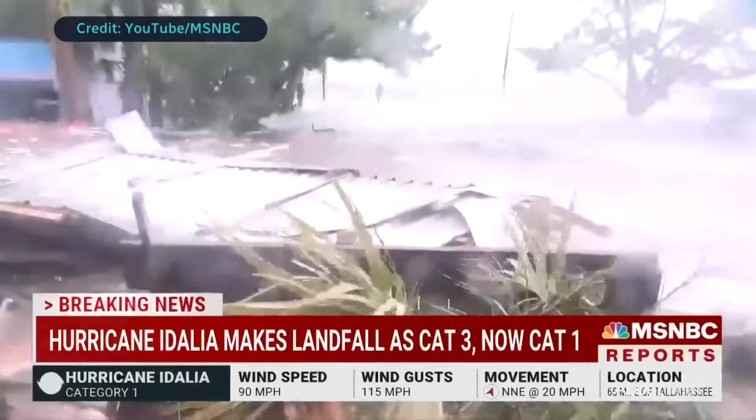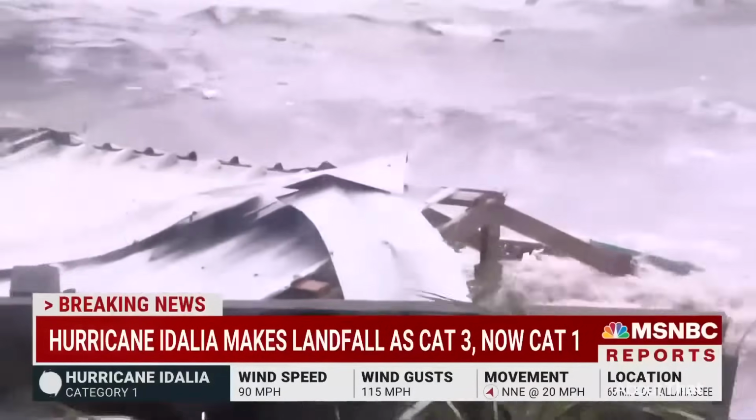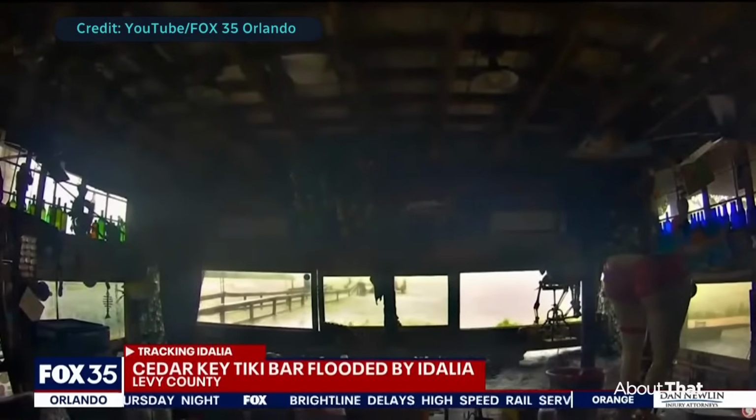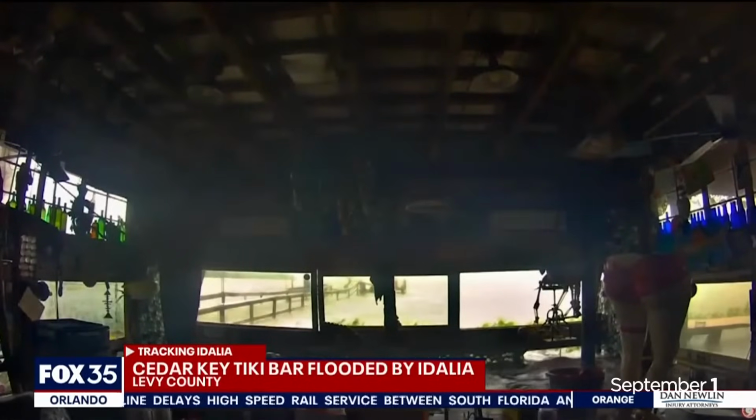Livelihoods drowned. This video shows debris from a hotel that collapsed as the storm battered the coast with heavy rain and winds up to 55 miles per hour. This is over in Cedar Key. It's kind of hard to see what we're looking at, but you see the bottom, that's the water there, and this is the inside of a bar. It doesn't look good. All of our commercial buildings downtown are underwater. A huge percentage of our homes have been